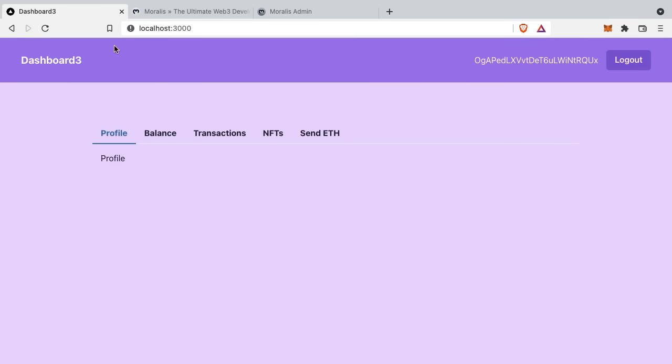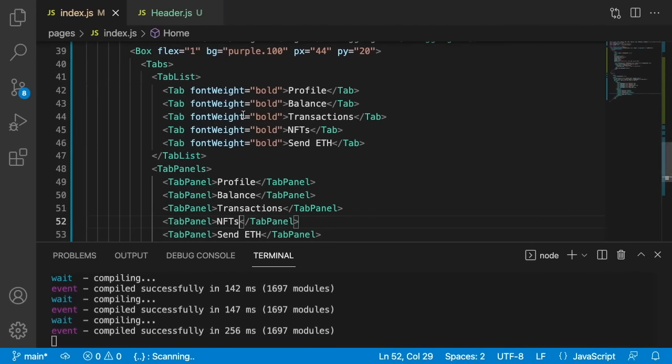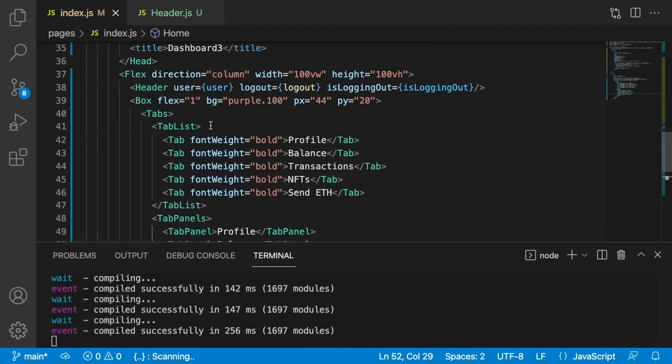Thanks to the Chakra UI component, we have our tab. So profile, balance, open balance, transaction, open transaction, so NFTs, so send Ethereum. So we can start to style these tabs a bit and give size of LG. Again, to be consistent with the colors,